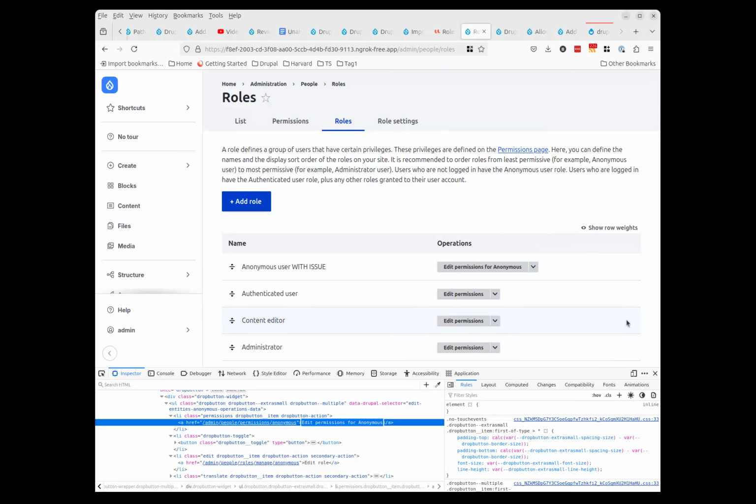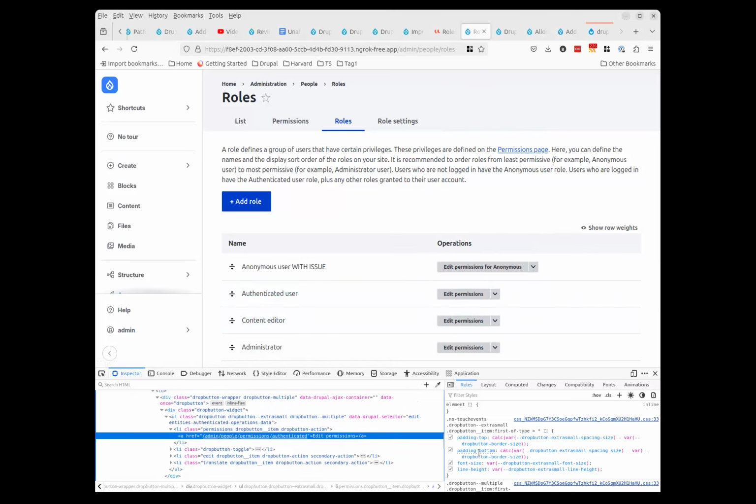But having only permissions, because we don't have any way to just view the permissions. So I think, well, it might be because I've been using Drupal for a while, but to me it feels like it doesn't need edit permissions because we use the same page for both viewing and editing. So I don't think it should be a problem.